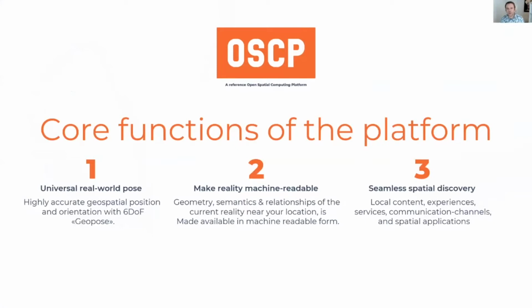This is where the open spatial computing platform takes its inspiration. It's sort of like a keep it simple, stupid approach, where we're looking at the really essential things we need at least to start building this kind of future. So we want to converge on some kinds of protocols and standards that we can use for positioning in the machine readable world and for spatial discovery.